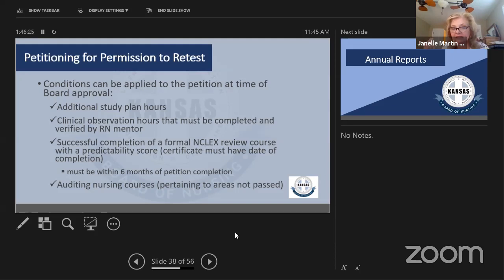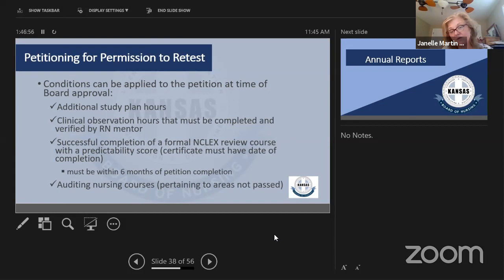COVID has created some differences too, because now that some of those courses are being taught virtually or online, there might be an easier way to allow auditing. But I always tell the students or applicants who get into this situation that it's not the board's responsibility to find them a place to audit. That is up to them, but they do have some options. They can actually go to an online version if they want to.